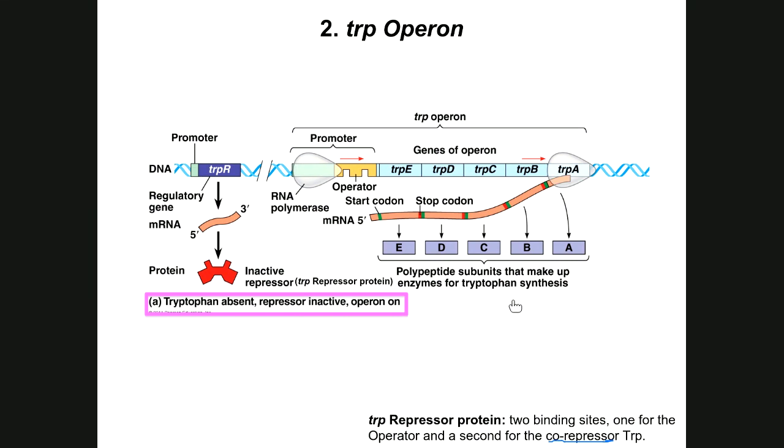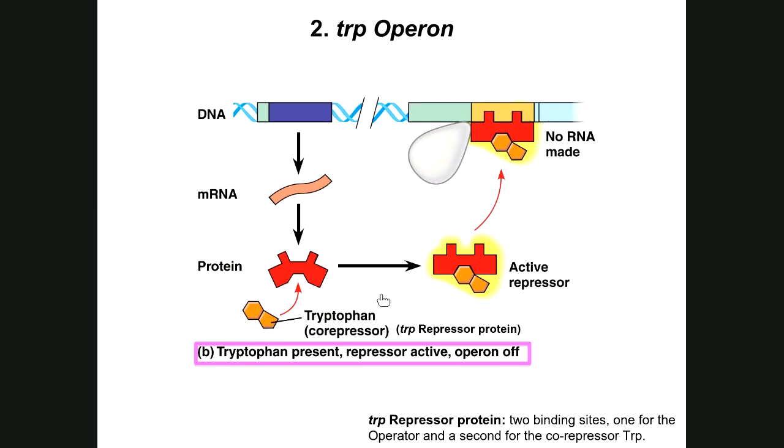Too little is not good enough. Too much is also not good enough, and that's the case in tryptophan. The cell wants to be able to regulate how much tryptophan is produced. I only need a certain amount. I don't want too little or too much. So now what happens, okay,